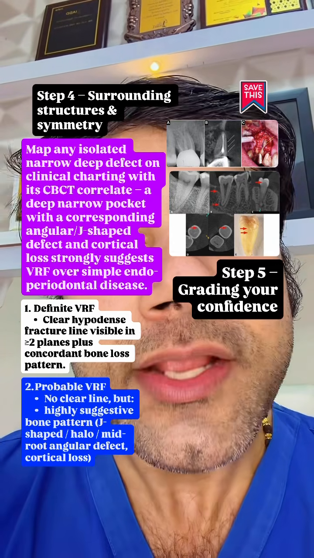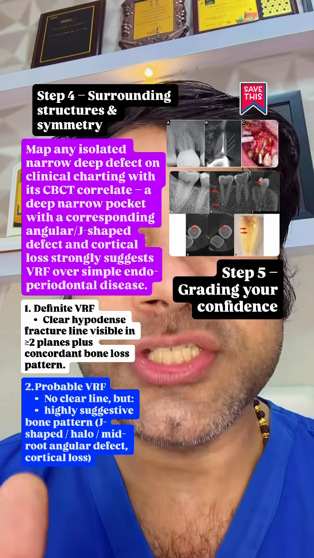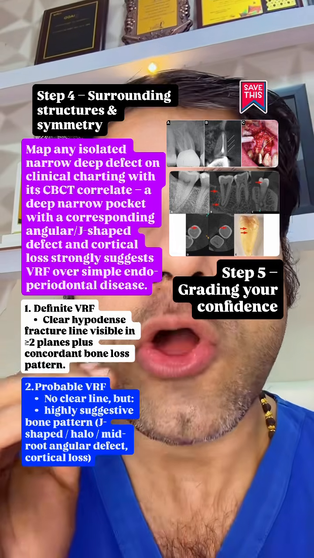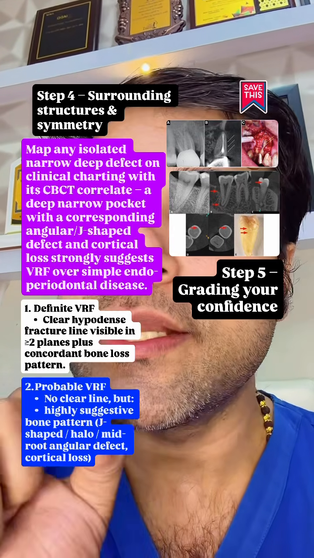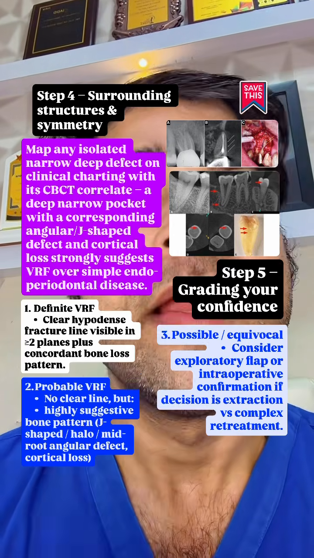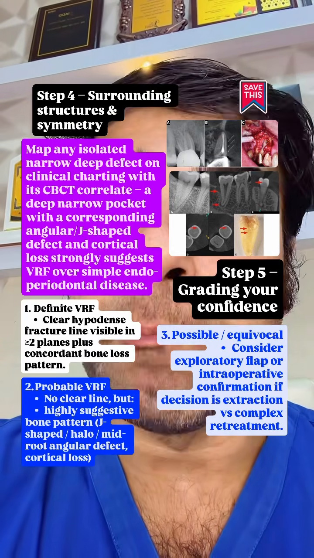Probable vertical root fracture, no clear line but highly suggestive bone pattern, J-shaped halo, mid-root angular defect or a cortical loss. Strong clinical signs, isolated deep probing, sinus tract tracing to the root surface, pain on biting. Possible or equivocal, some bone changes but could not be